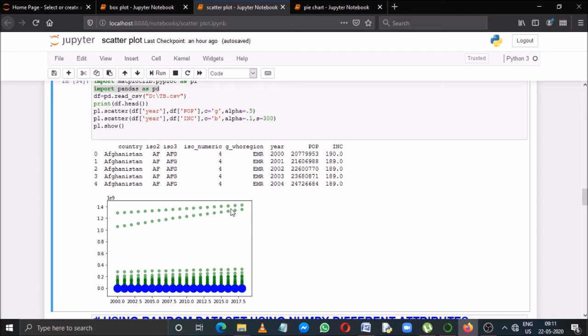Similarly, I have created another scatter by considering the year and the increment in population by taking these 2 columns, and here the color is blue and alpha is 0.1 and size is 300. I have increased the size a little bit.